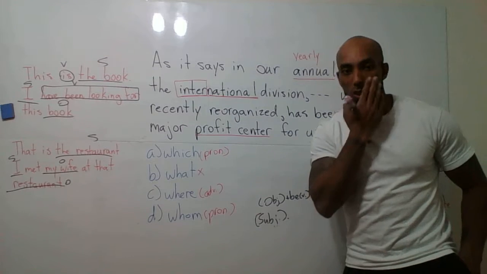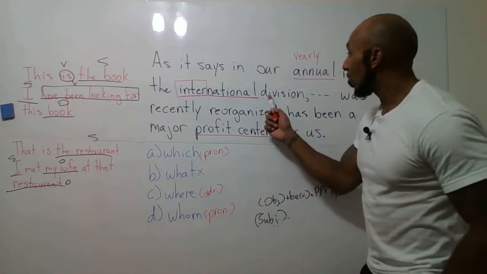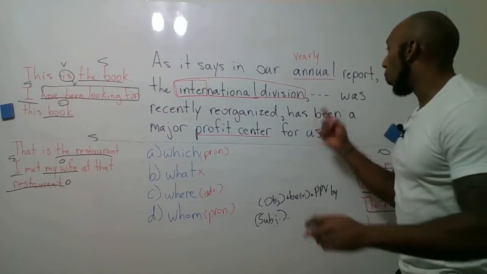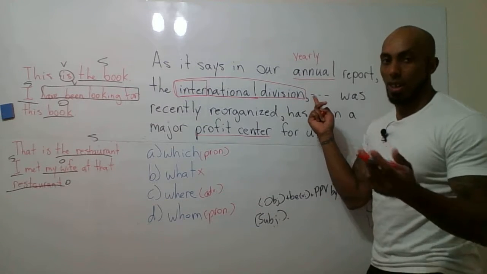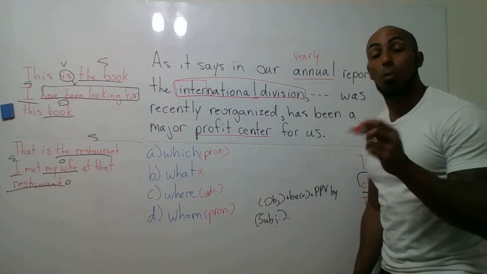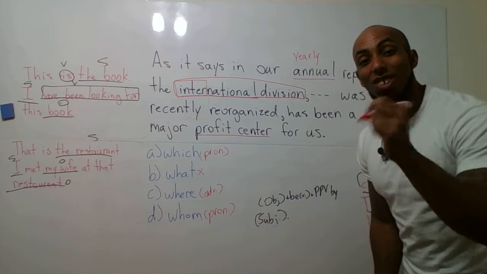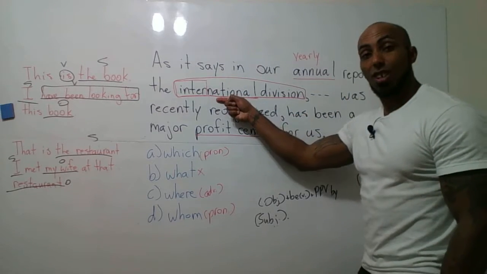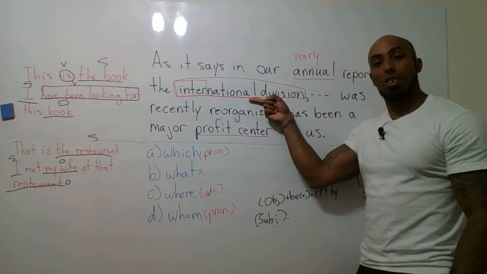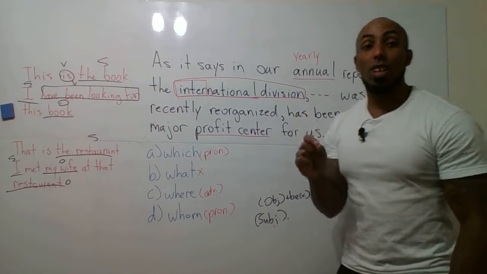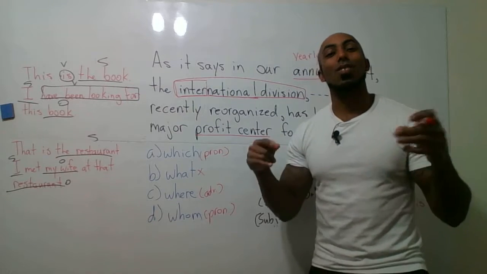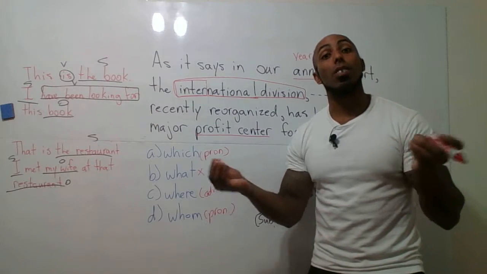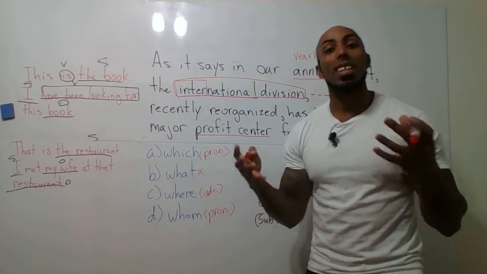What was recently reorganized is what we have to ask ourselves. The International Division was reorganized, okay? So the word, the pronoun, well, I've already given you the answer, it's a pronoun. The pronoun that we have to put here replaces a subject or a thing in the sentence, okay? What is it? Okay, it's the International Division. Whatever goes here is talking about the International Division. Now, the International Division is not a thing that's alive. A division is just a group of people, right? It's a thing, really. There are living people that make it up, but it itself is not alive.